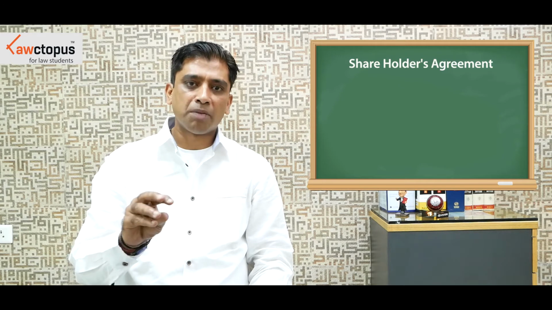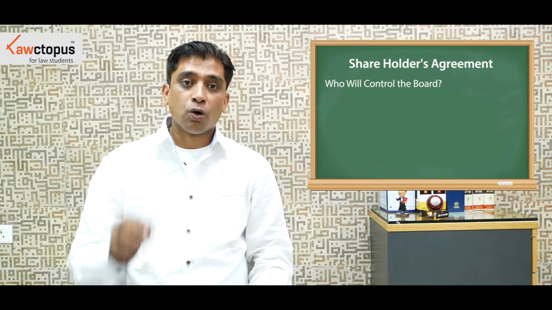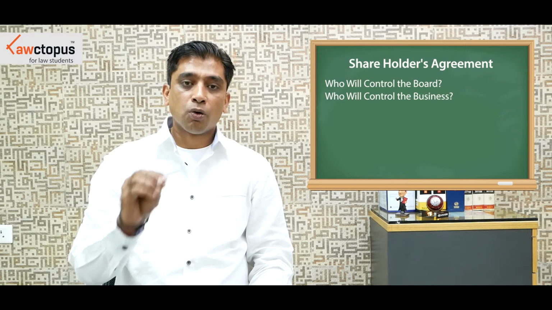Till the time company A does not acquire 100% capital of company B, there will also be a shareholders agreement. And why? Because the shareholders of company B are still holding some shares in company B. Now company A also holds certain shares. So there has to be a shareholder agreement which will determine who will control the board, who will control the business